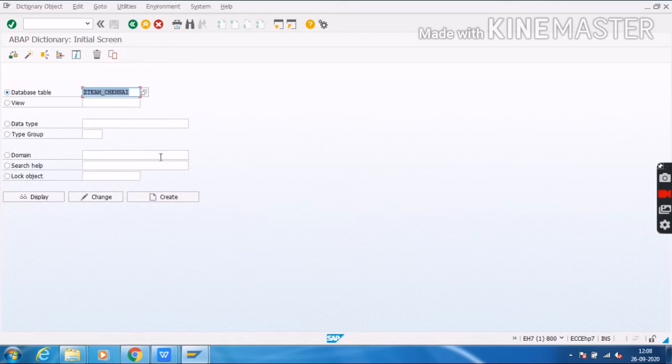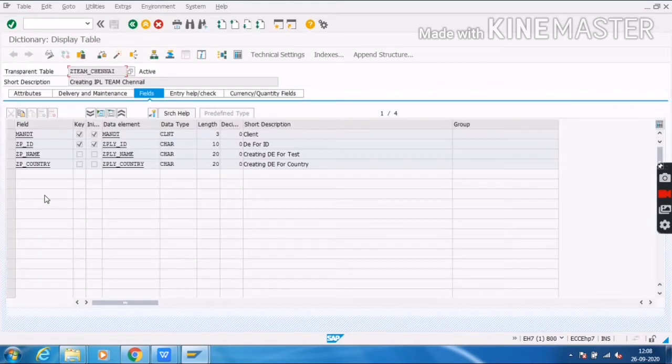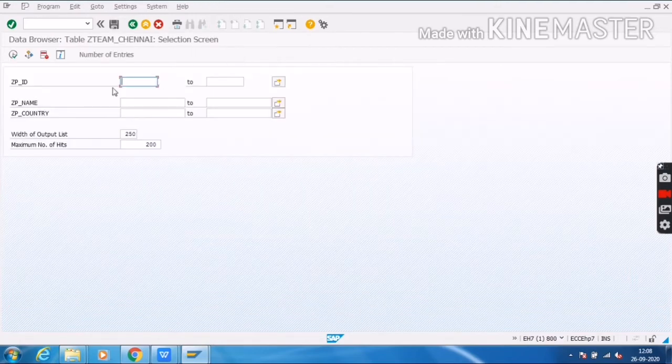I will click on display. When I click on contents, ZPID means player ID. These fields don't have any search help, which means they don't have any square box. The name field and country field also don't have any search help.